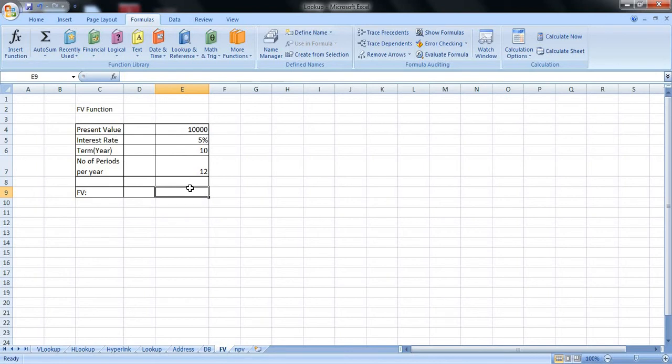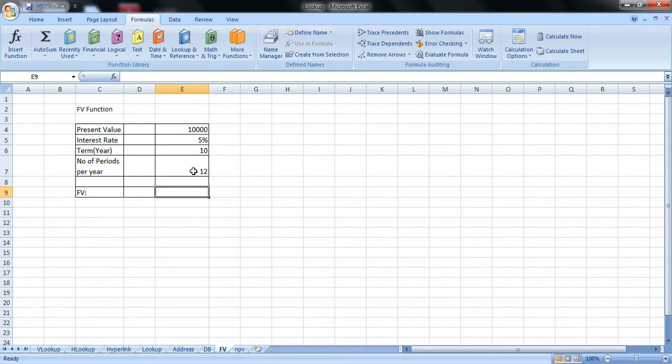But before we practically move further, let me remind you, the financial function called FV calculates the future value of an investment based on a constant interest rate. It calculates future value based on a constant interest rate, which is 5% as mentioned in this example. We can use the future value function with either periodic constant payments or a single lump sum payment.